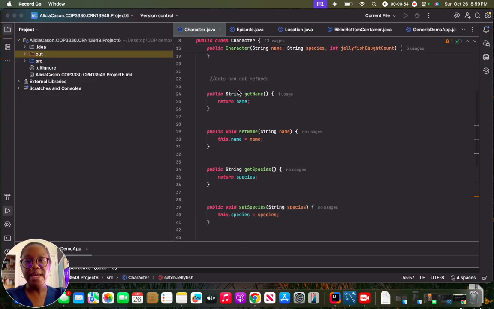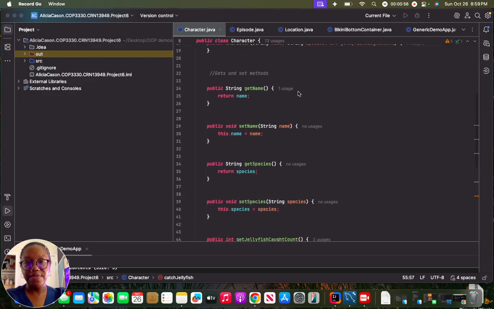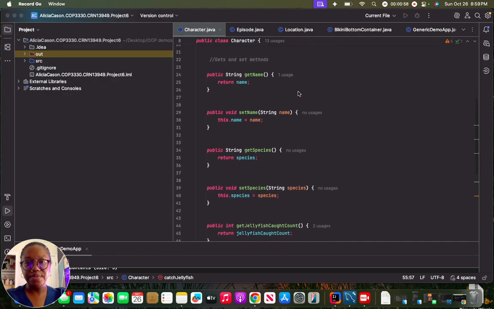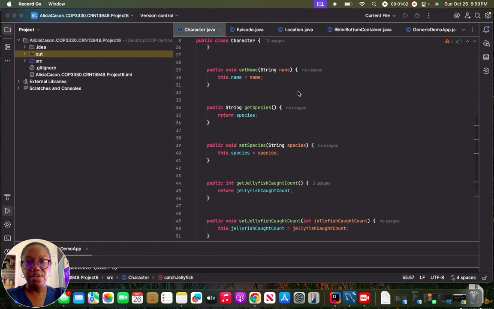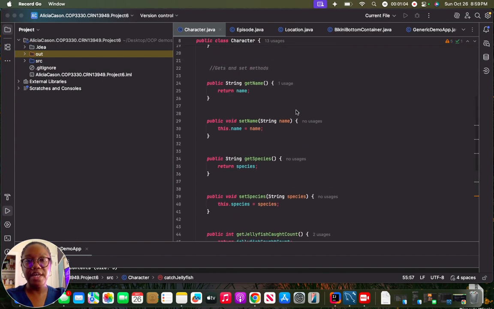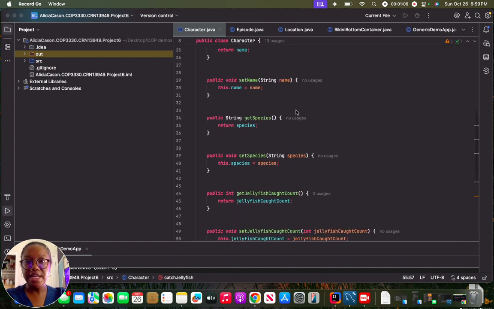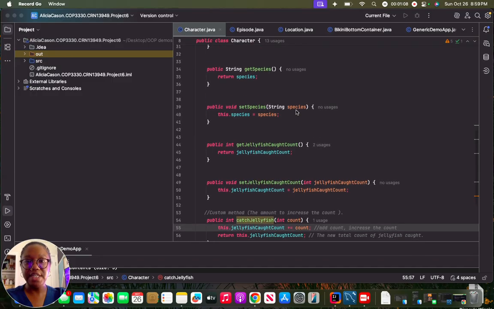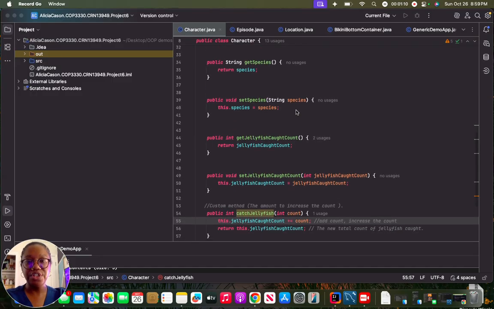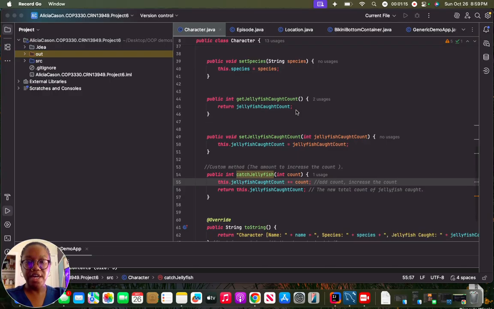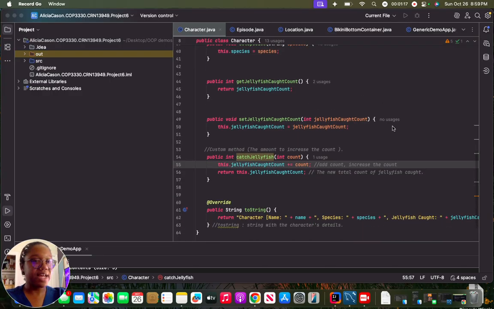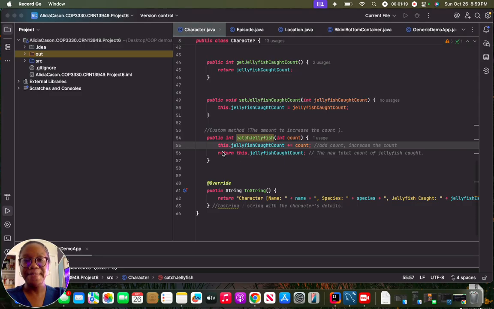I'm going to have my get and set methods for those as well. So, let me go ahead and say it: getName, getSpecies, setSpecies, getJellyfishCaughtCount, and setJellyfishCaughtCount. I kind of named that a little tongue twister. Alright, so